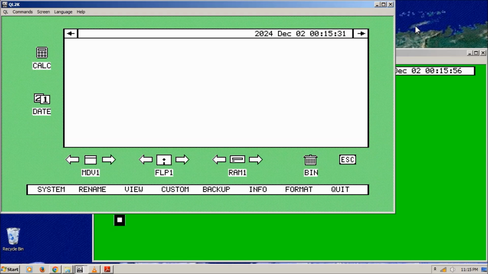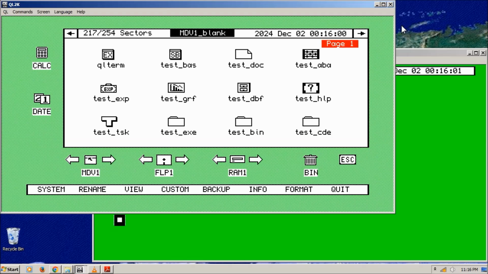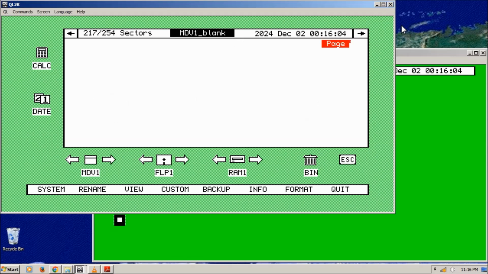Yeah, it's just, sometimes it struggles to read the micro drive. Oh, there it is. And you can see that this is just that micro drive emulation by QL2K. It hasn't come back yet with it. So I think there should be one more. No. So I don't know where it saved it to then, if it didn't save it to,